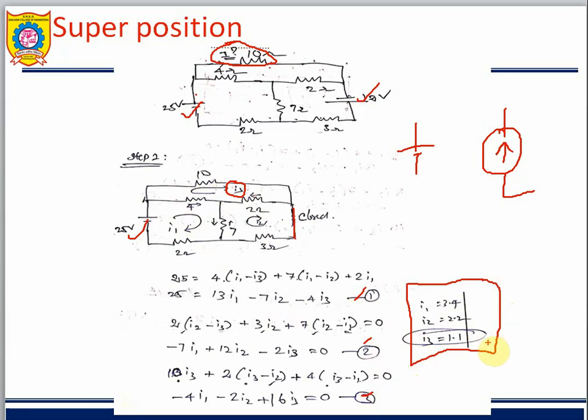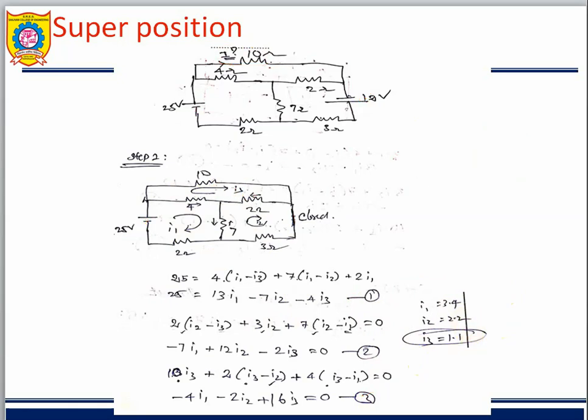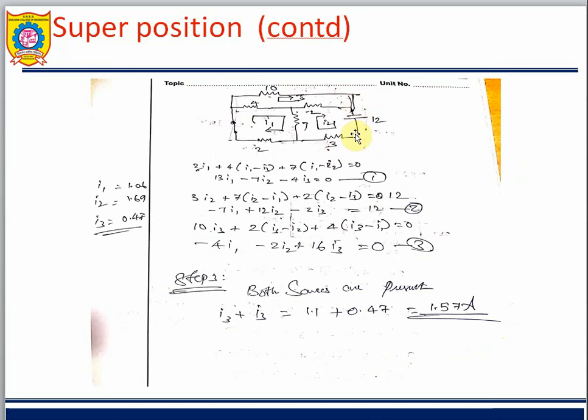Okay. Have I found it? Yes. Then go to step number 2. See, source number 2 is present, and source number 1 is a voltage source, so close it. Same first equation, second equation, third equation. Use the calculator and I will directly find the answer. Then where is the load resistance? This is the load resistance current. What is the current? I3.